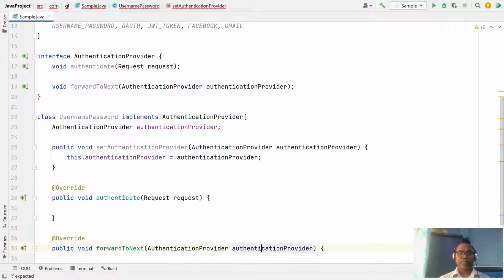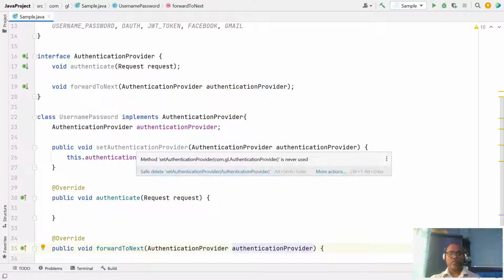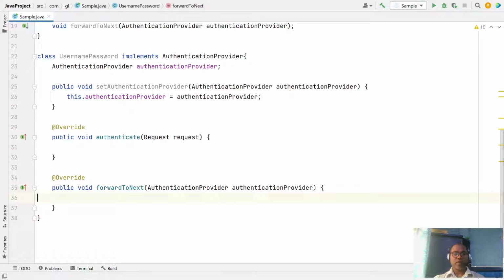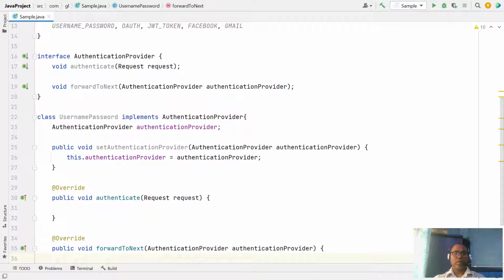Here, forward to next. This is simply a setter method, forward to next.